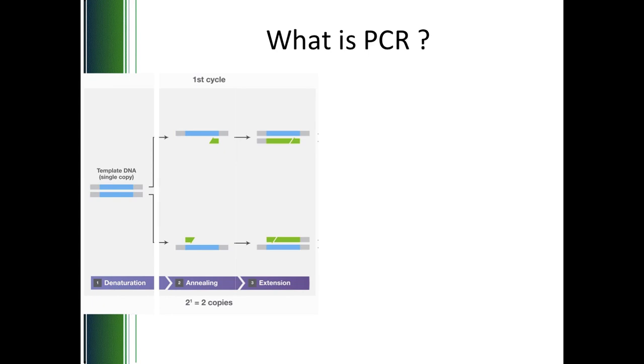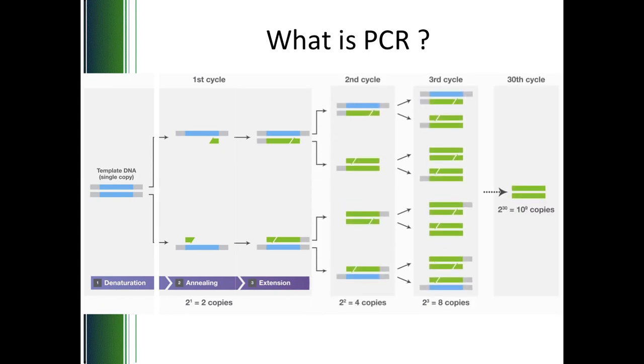So this 3-step cycle will be followed again and again. That's why it is named polymerase chain reaction. When we perform this chain reaction, in the second cycle we will have 4 DNA molecules. In the third cycle we will have 8 DNA molecules, and say we have done 30 cycles of PCR, then we'll have around 10 raised to 9 copies of DNA molecule starting from only one copy of DNA. And remember, all this will happen only when our primers bind to the DNA.